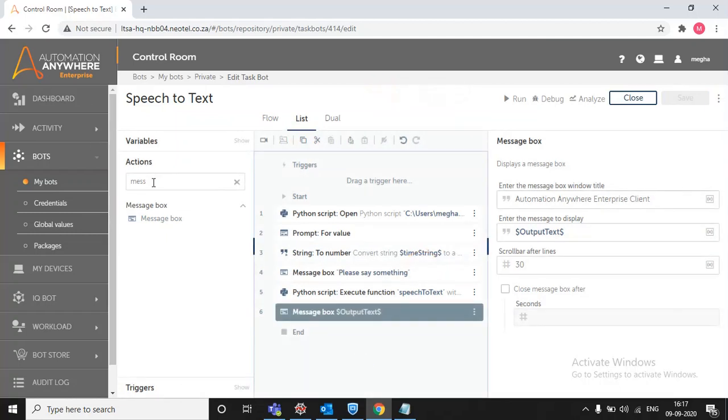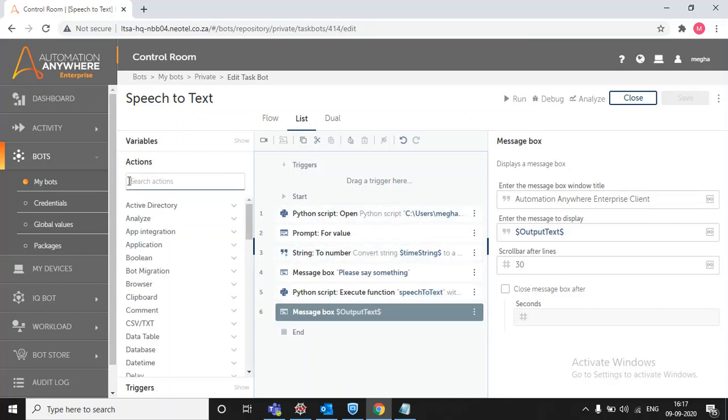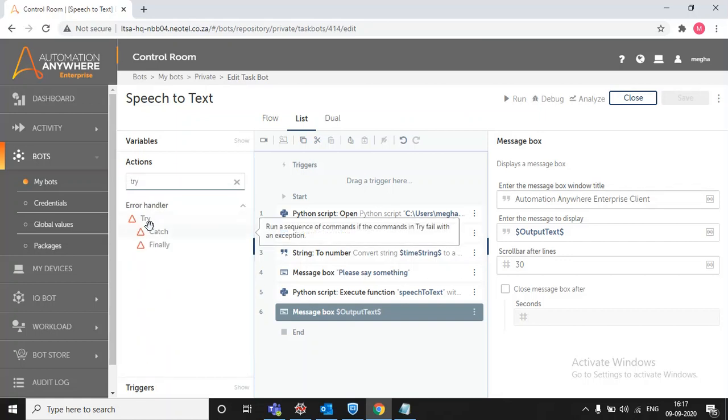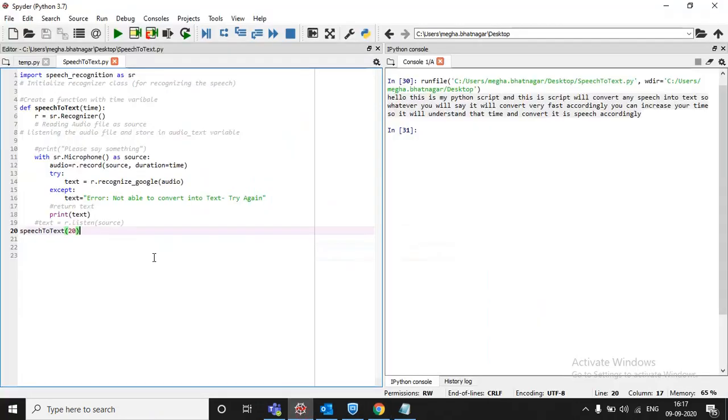So guys, if any error comes, we need to use the try and catch option. Suppose it does not recognize your voice, or you don't say anything within the time you are passing, say 10 or 20 seconds. If you say nothing in 20 seconds, it will give some error.